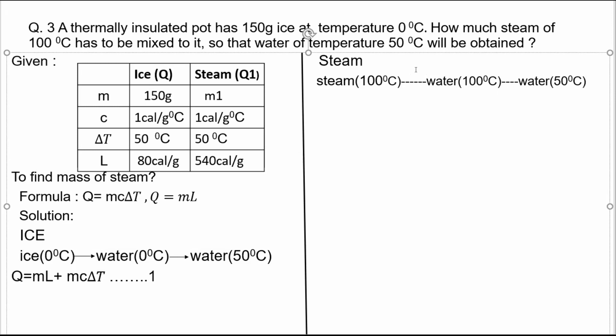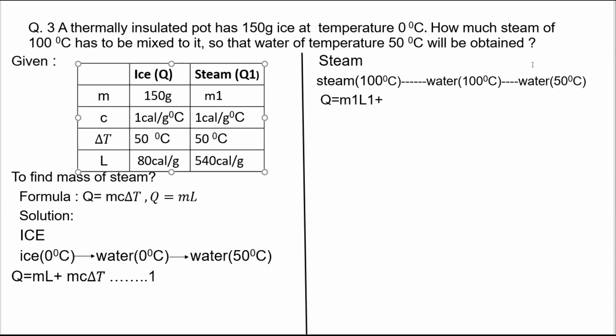Okay. Here steam at 100 degree becomes water at 100 degree. Temperature remains constant, but state is changed. Steam is in vapor state, water is in liquid state. So here we have to use the formula Q is equal to mL. Here we took mass of steam as m1. So we can write here m1 L1 plus